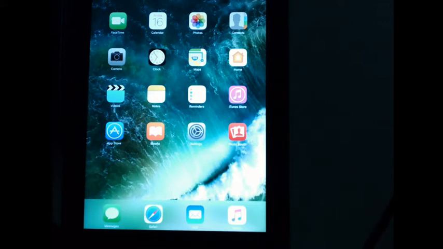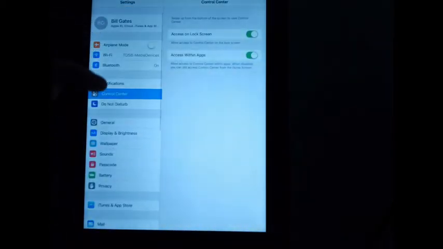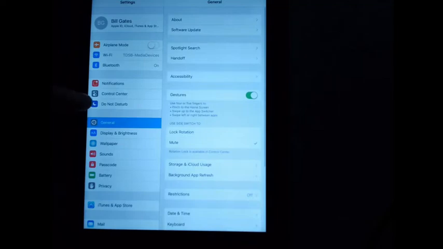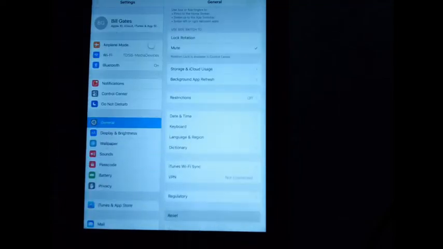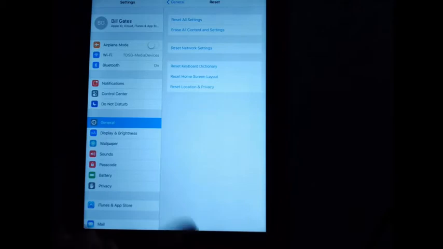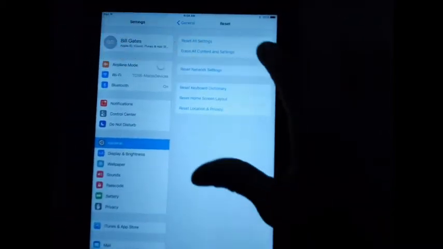So how we would wipe the iPad is simply you just go into Settings, and then General, and then we scroll down to the bottom, and there's this little button there that says Reset, and Erase All Contents and Settings. So there's a bunch of different reset options in here. The one that we want to use is Erase All Contents and Settings, and that will completely factory wipe the iPad back to its vanilla state. So I'll do that now because I'm not too concerned.